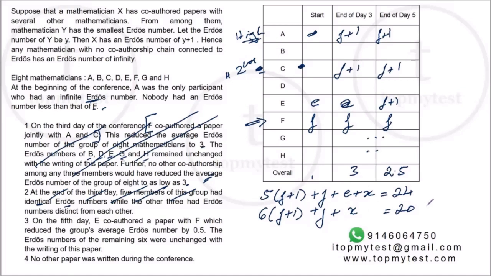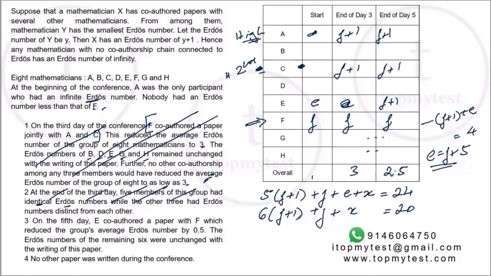So I have written this down neatly. Let's subtract one from the other. If I subtract the second equation from the first, X will go, F will go. So you'll get minus F plus 1 plus E equals 4, since 24 minus 20 is 4. If I rewrite this, E should be equal to F plus 5. But that does not help me solve it because you have 2 equations and 3 unknowns.